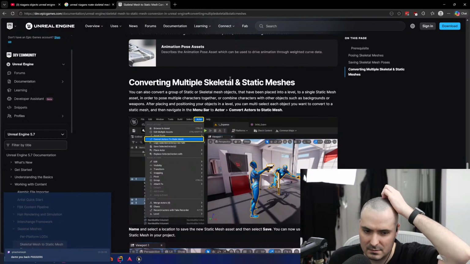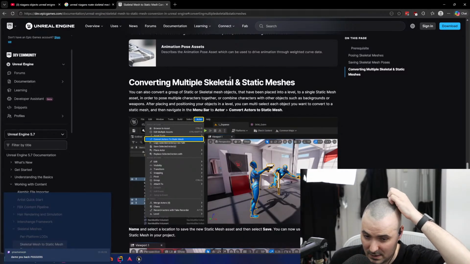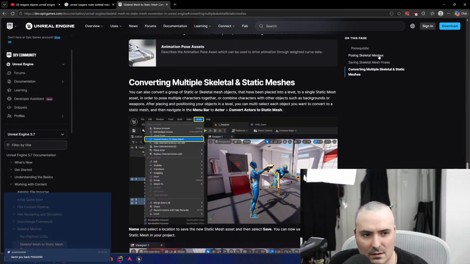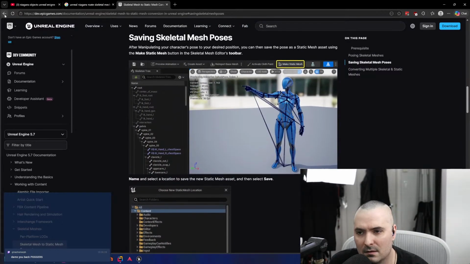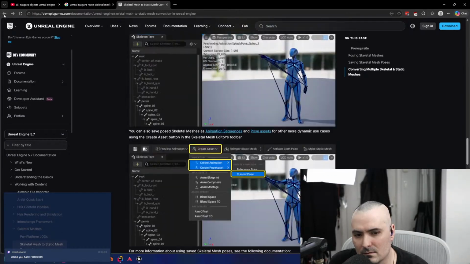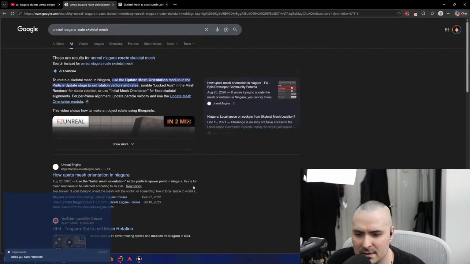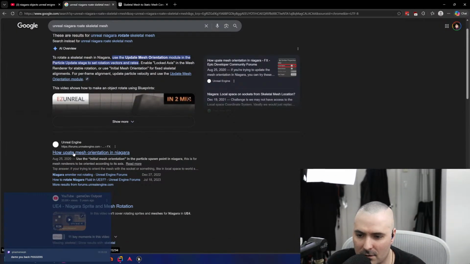Converting multiple skeletal meshes. I don't want to convert multiple. I just want a singular one. We are going to kind of come back to this idea because we're going to do that for how to.